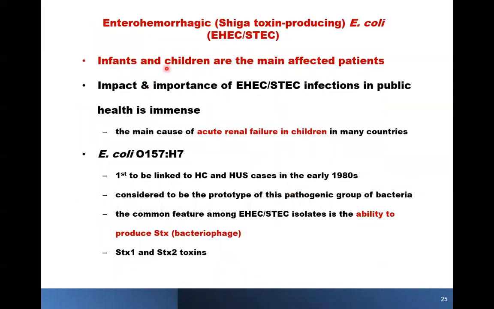Enterohemorrhagic, or Shiga toxin-producing, E. coli causes infection in infants and children. The impact and importance of this infection in public health is immense, because this particular strain of E. coli is associated with what we call hemolytic uremic syndrome, in which the patient will present with acute renal failure. There is evidence of reduced thrombocytes in the blood, and then you have hemolytic anemia as well as other components